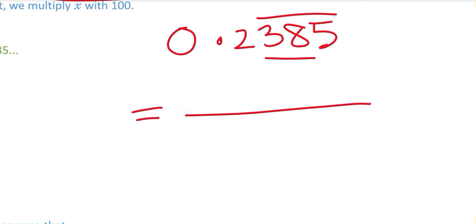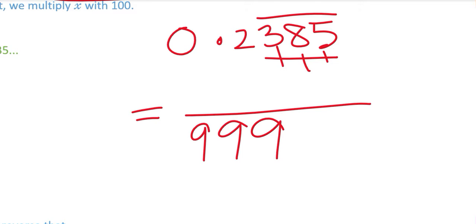Okay. So what you do is, how many digits are getting repeated? 3 digits, right? 1, 2, 3. So for every repeating digit, you put a 9. And how many digits are not getting repeated? It is not getting repeated 1. So put a 0 for non-repeating. Here 1 digit is not getting repeated, so we put 1, 0 here.